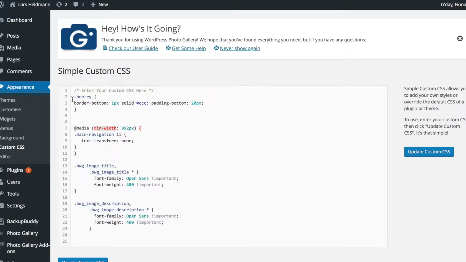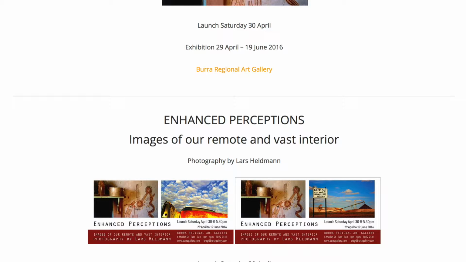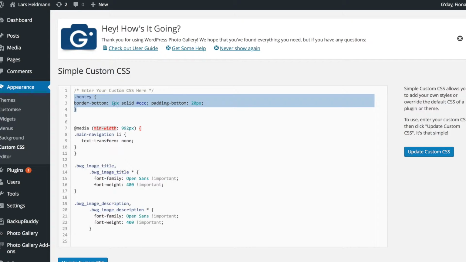So in this plugin we can see an entry here, and this is basically to put a fine line underneath the bottom of every post or page. This is the weight of the line, 1 pixel, this is the color, and the padding is the distance from the last bit of content in the post or page. This one here